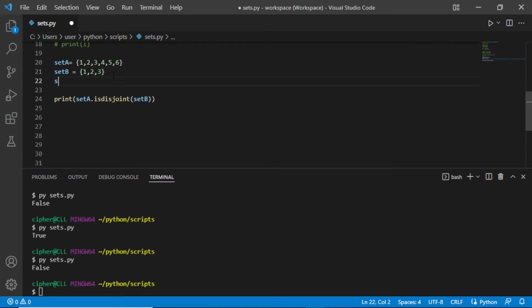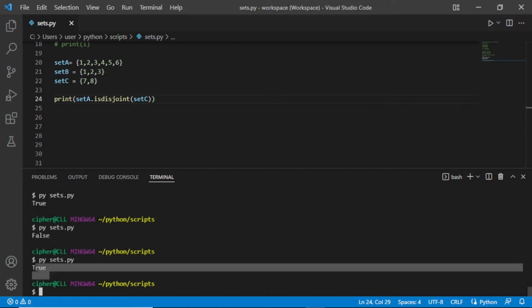Let us call it set C. Let us give it 7 and 8. Now, if we save this, and now let us try to print set A is disjoint of set C. Let's put C here. If we save this, okay, now we have true here,